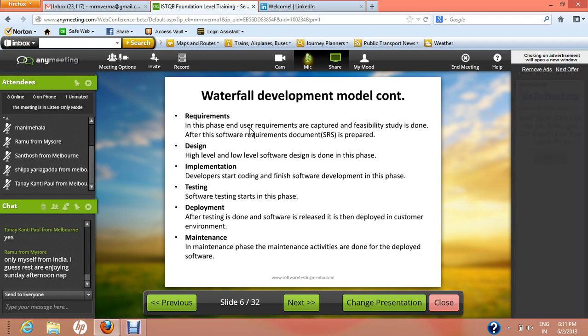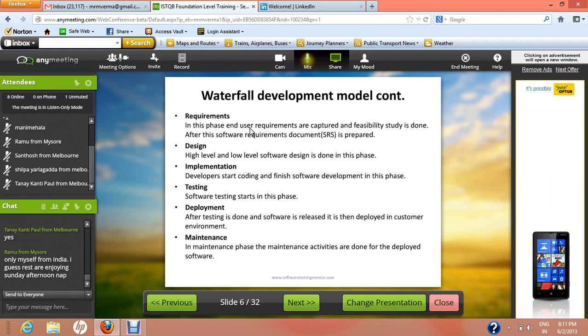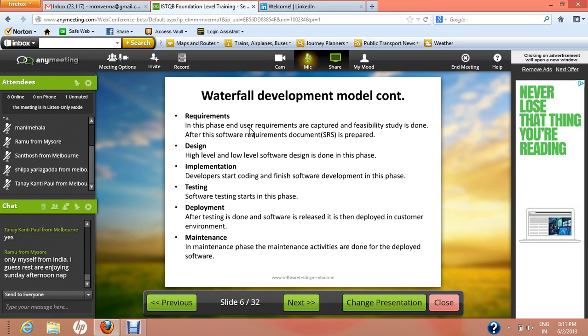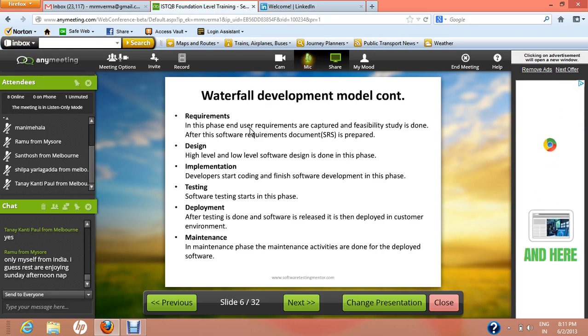So here UI developers or backend developers, server side developers, go through the design and understand how to actually implement the design into working software, into working code. So in the implementation phase, the actual coding starts. Implementation also takes a long time in the waterfall development model,